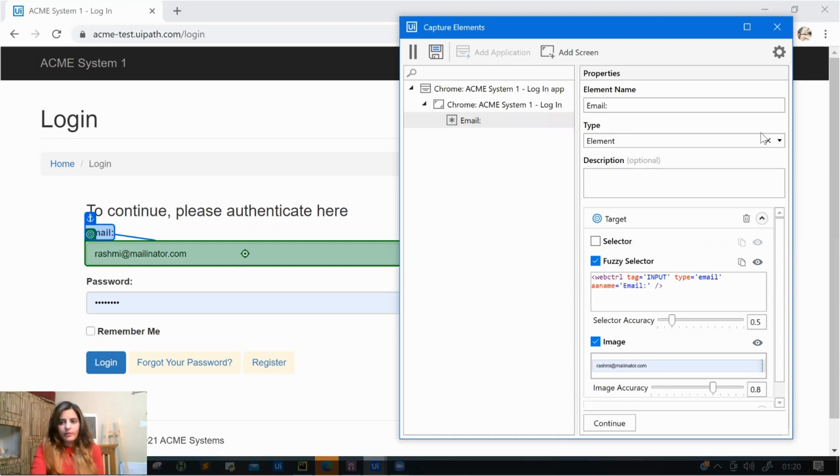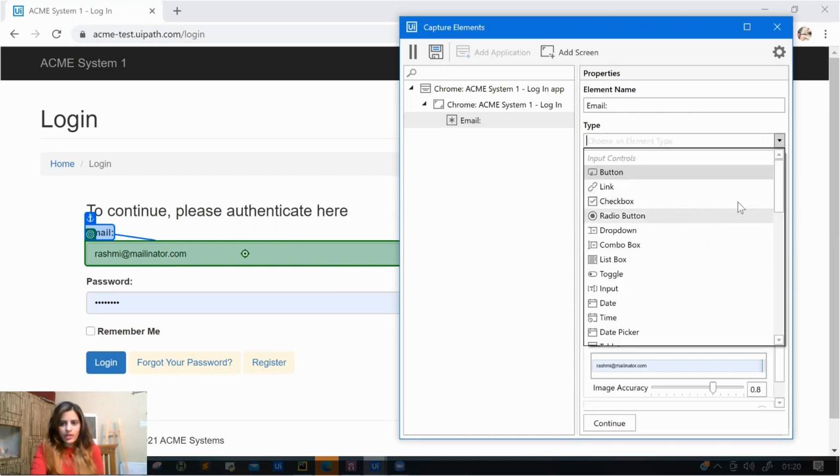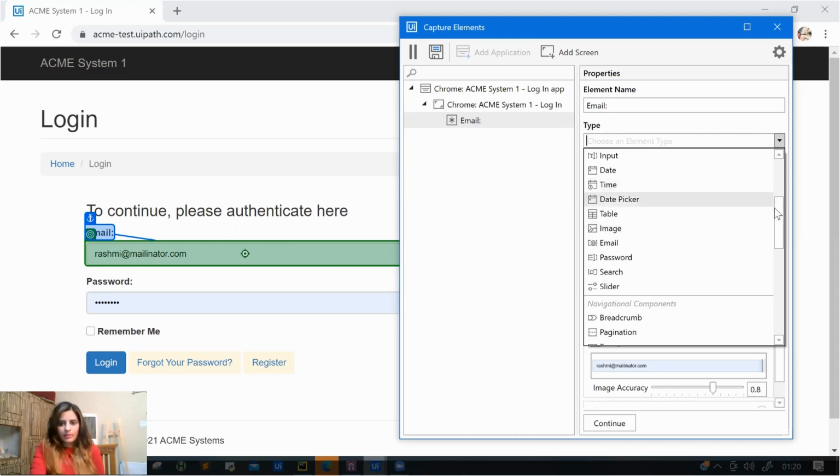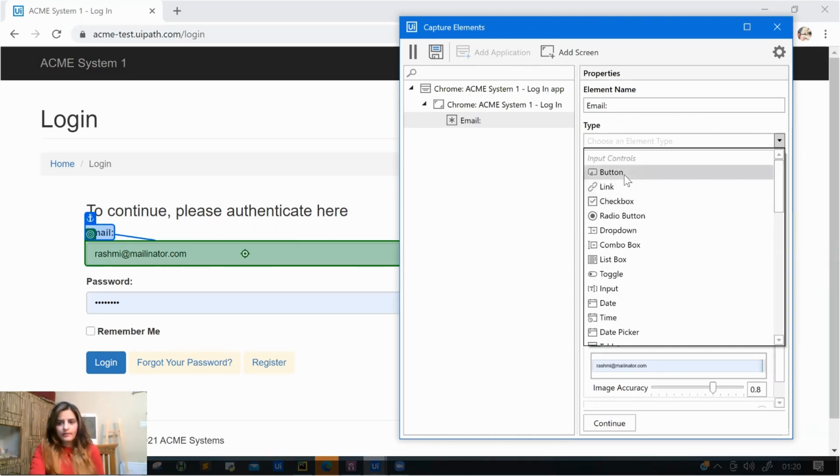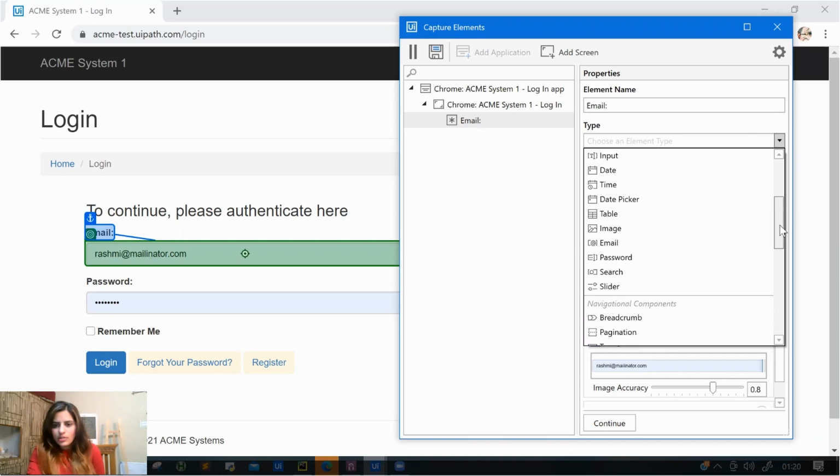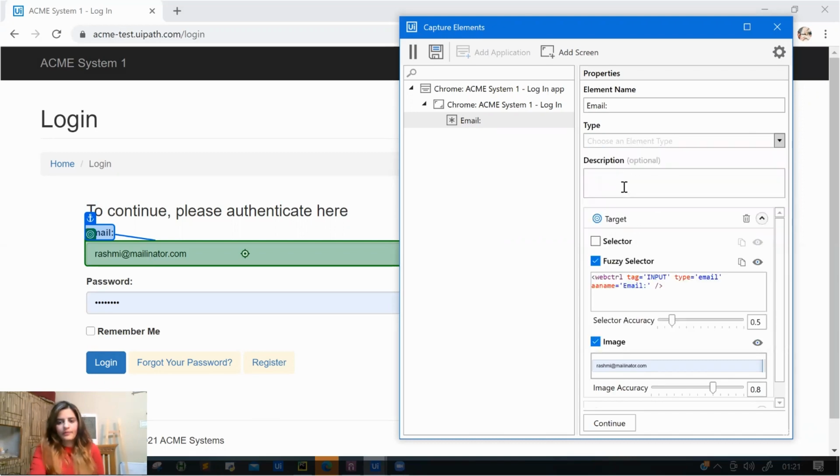This is my email. Yeah, one more thing I want to tell you: if you know the type of this email field, you can go ahead, unselect this, and select whatever the type is. So for example, if it is a drop down, date, time, input, or whatever it is. In this case, it's what we call an input box, right? So in that case, I can straightforward choose the input over here. And if, for example, you don't know what you need to choose, you can keep it as it is also.